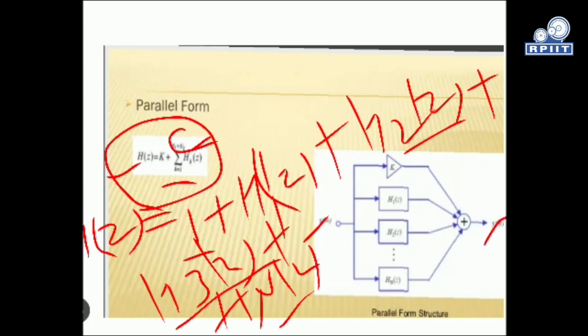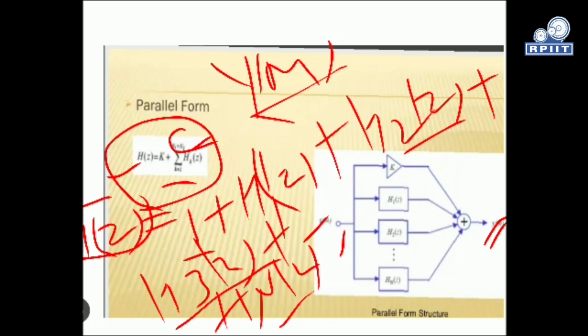These are the two factors we always consider. Every system has some input and output. So x(n) is the input and y(n) is the output. The transfer function H(z) is nothing but the ratio of Y(z) divided by X(z). So this is the ratio we actually consider, right? The first factor is the k we are considering.